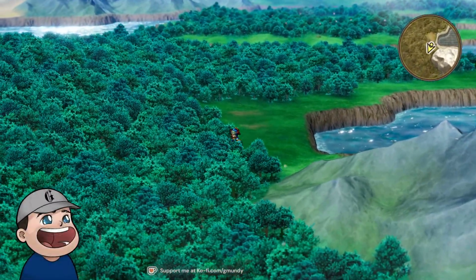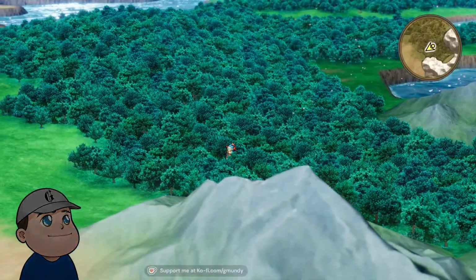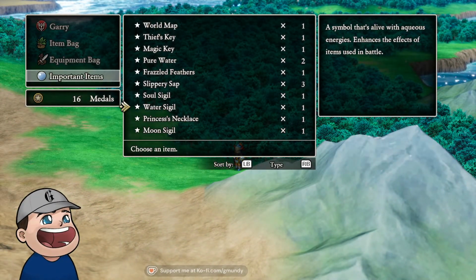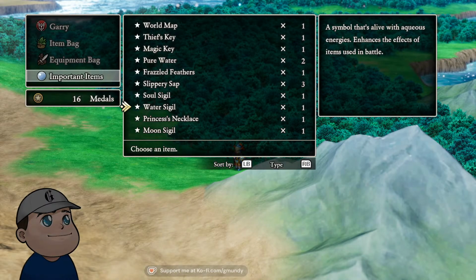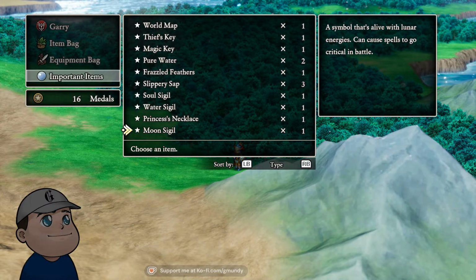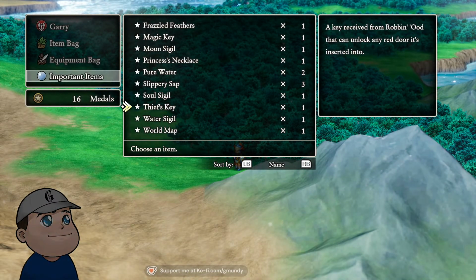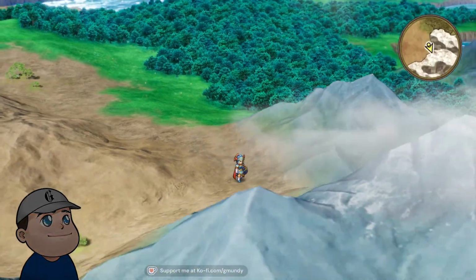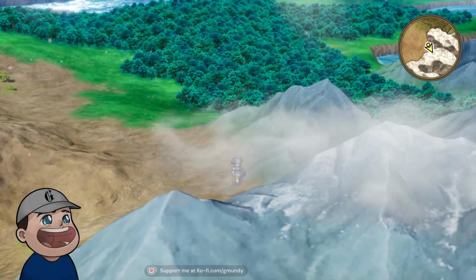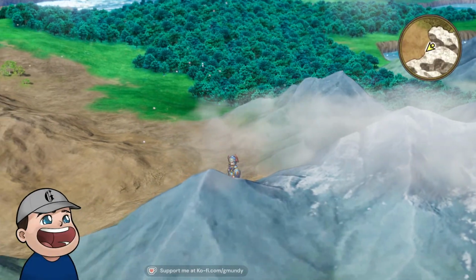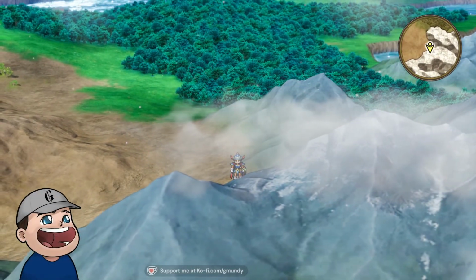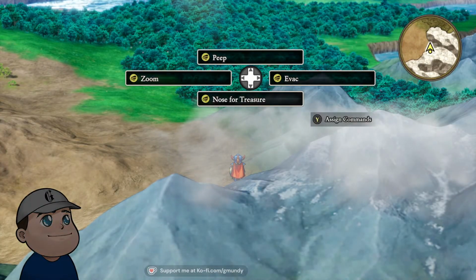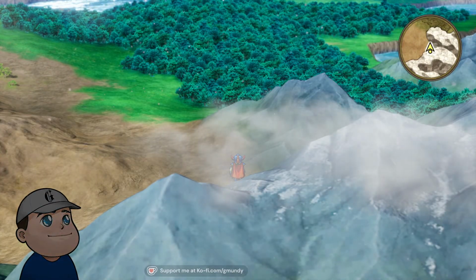I assume we'll get some type of water travel eventually. Actually, do we have some type of water travel? No. No, we do not. Okay. Safe passage. Holy protection wears off. No! Wasn't there a hotkey? Nope.